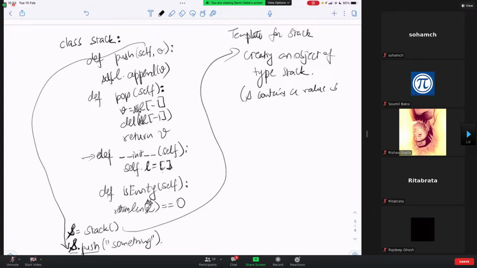So S contains a value that is an object of type stack that we have just defined, correct? Via this class stack and so on, correct? And now what does